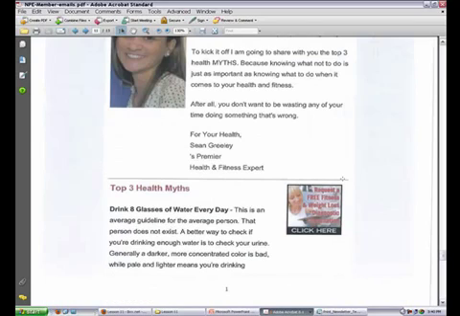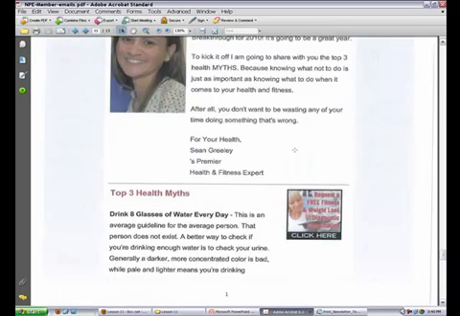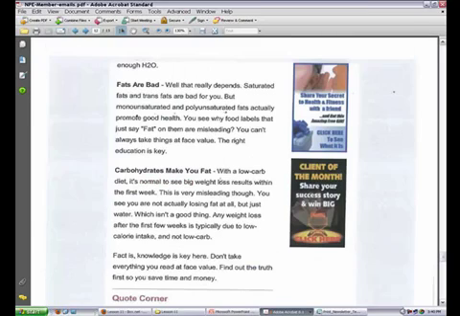Then we have calls to action on a sidebar here. First one is request a consultation, refer a friend, and then submit your story for client of the month. So we're doing 3 calls to action here, and they're always there, the same ones. So they're kind of programmed to get this on a regular basis.